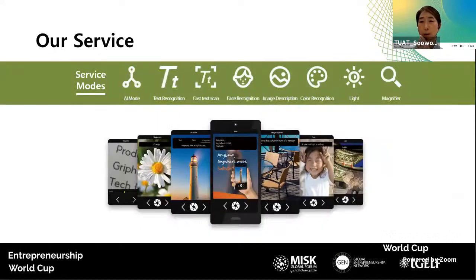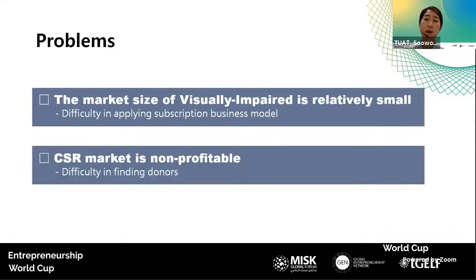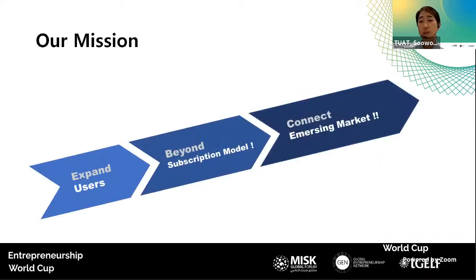Sullivan Plus provides a variety of information, so it helps the visually impaired a lot in their daily life. However, we have two problems. First, the market size of the visually impaired is too small, and it was too difficult to make a profit business model and to find investors. So our mission is to increase users dramatically, and at the same time to find an innovative business model that goes beyond